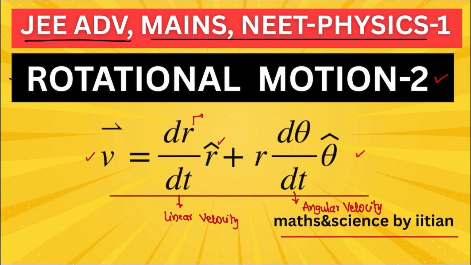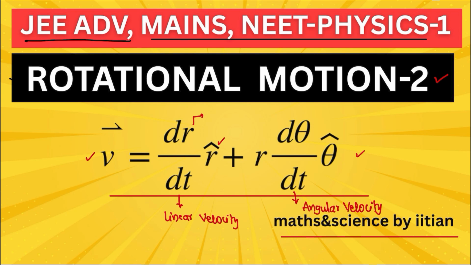I want to show you an equation in the differential form for the total velocity vector, how it is connected with linear velocity and also angular velocity. The equation is V bar is equal to dr by dt r cap plus r into d theta by dt